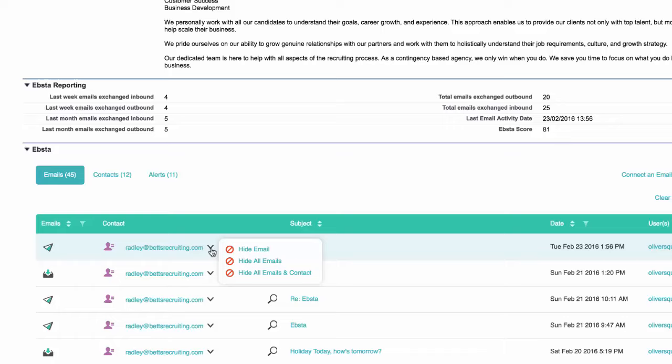So that's a quick overview of Ebsta's privacy controls. You can chop and change your requirements however you see fit by going back to the admin control panel,